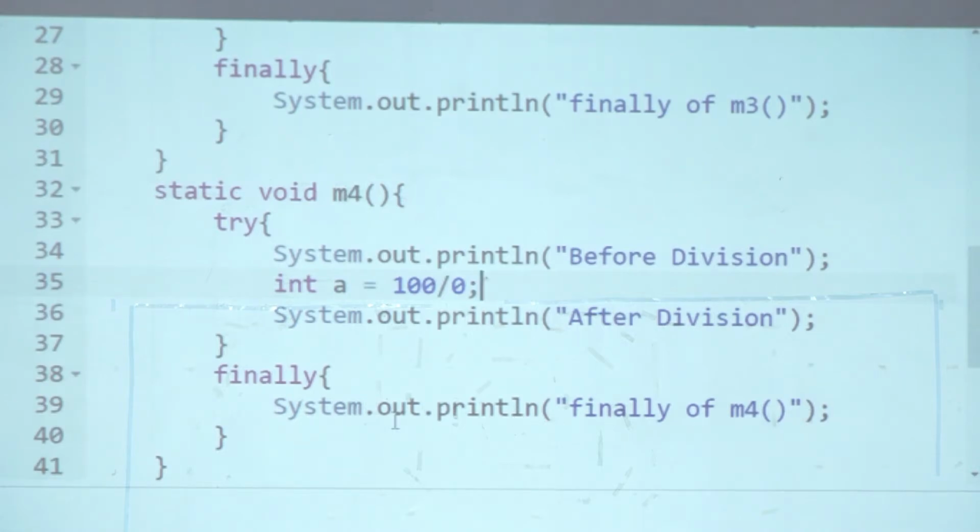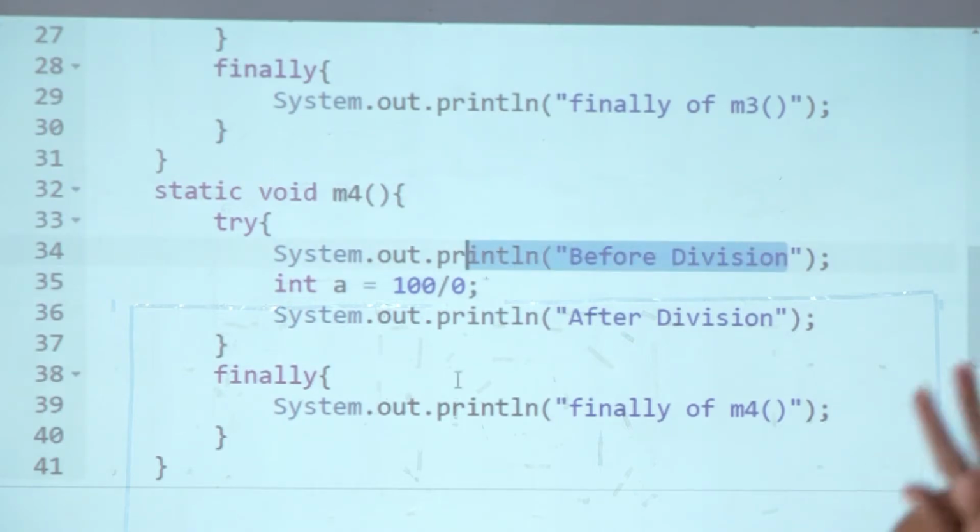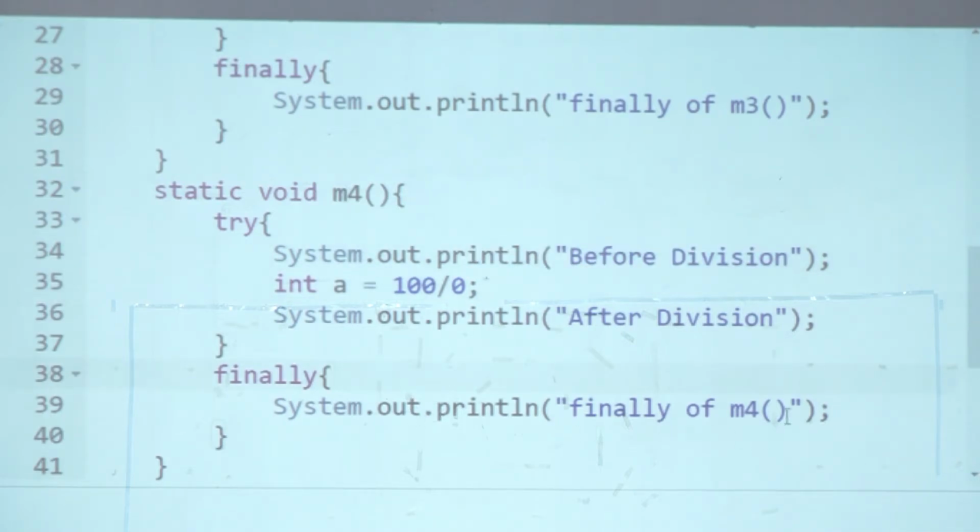So how many output? 5. 5 so far. Before M1, before M2, before M3, before M4 and before division in M4. So 5 outputs. Then finally of M4, because that is where the exception came. Finally of M4, and then it erupts and goes to M3.